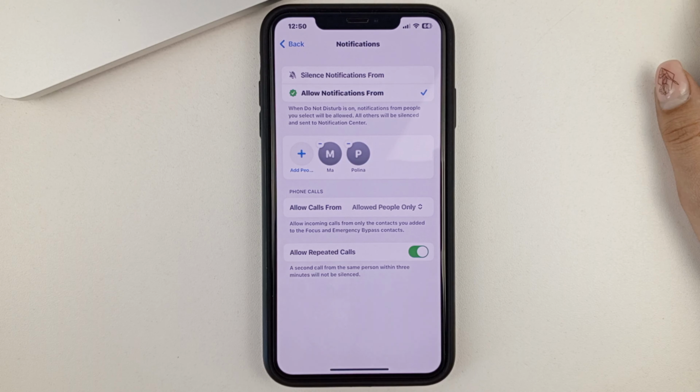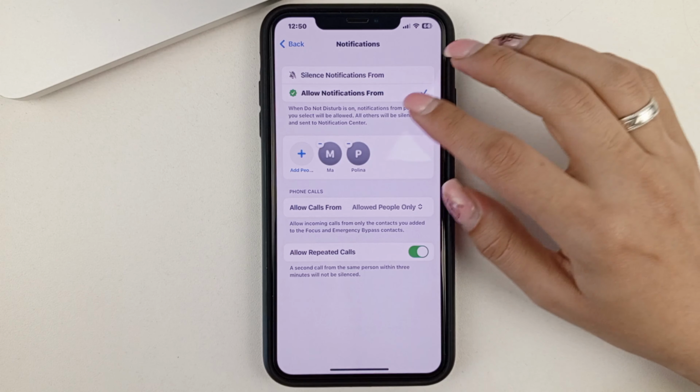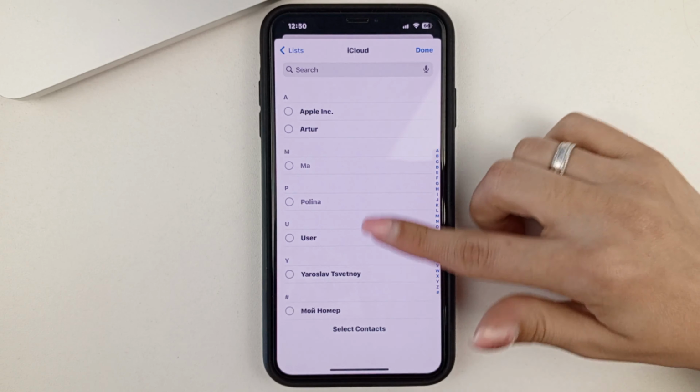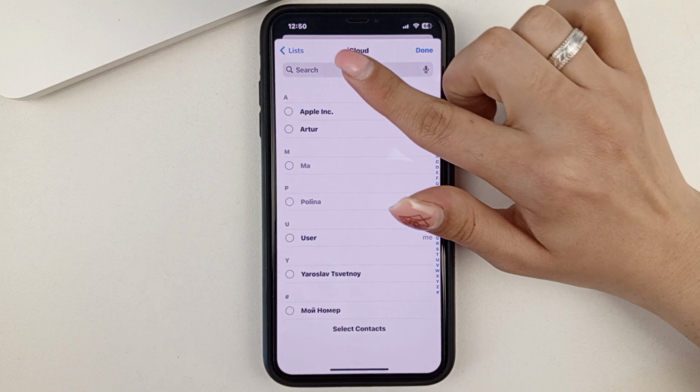Further down, you will see that you can add people from your contact list who can call you, for example, or write even in the Do Not Disturb mode. To do this, click on plus, and then find this contact, or you can search by name in the search bar.